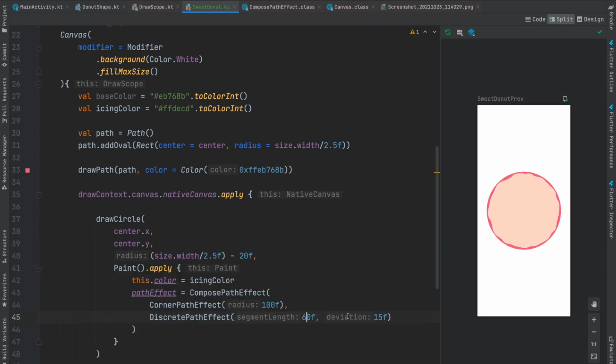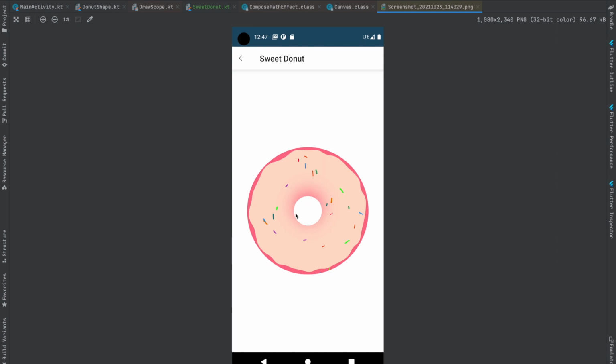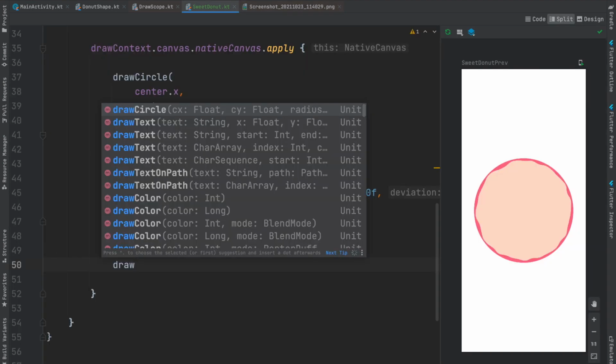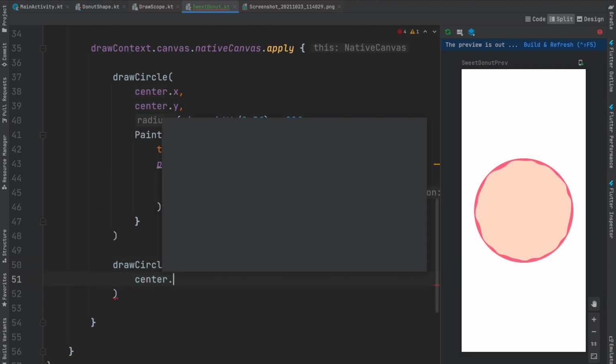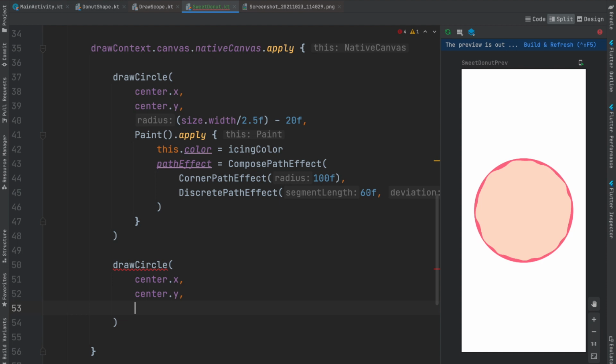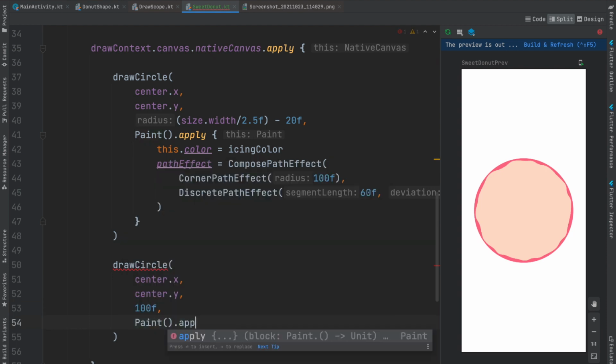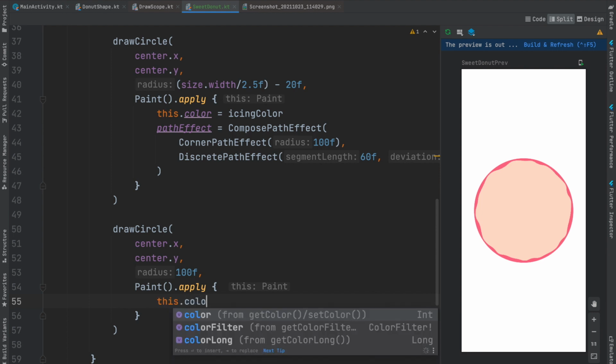perfect. So for now, we can see our base layer and the icing layer are complete. Let's move to the next layer, that is the inner circle and some shadow. For creating this central circle layer, it's just a circle with white color and some shadow. So let's create this. drawCircle, again center.x, center.y, and its radius will be something like 100f, and again